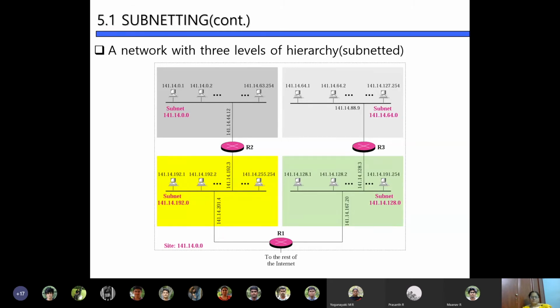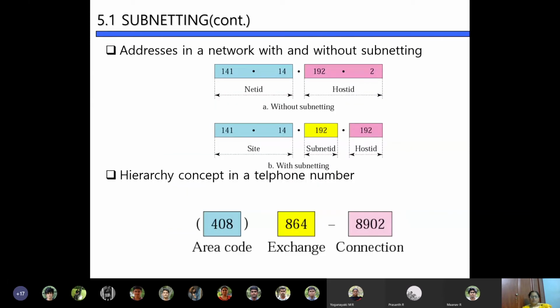So here, to start with, it will look as if we have sacrificed the number of hosts for representing subnet ID. We'll see how it is not true. Without subnetting, 2 octets for net ID and 2 octets for host ID. With subnetting, 2 octets for net ID, say one full octet has been assigned for subnet ID and one full octet for host ID.